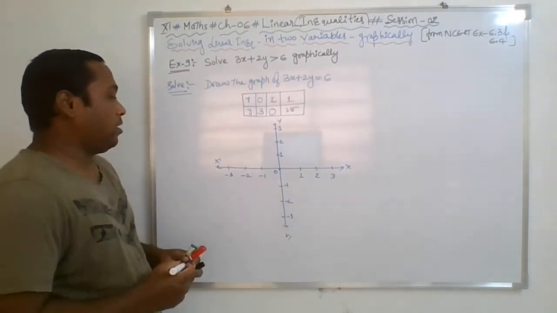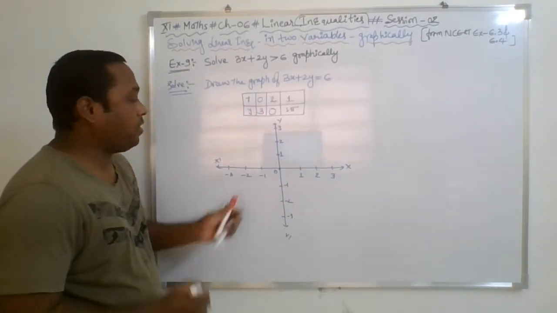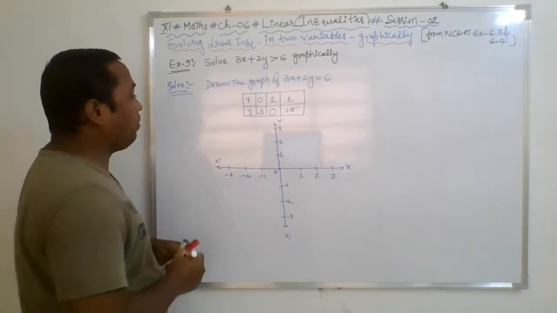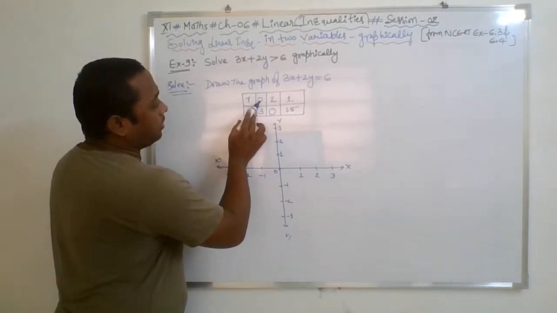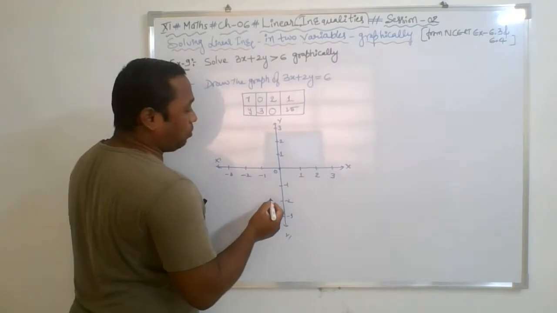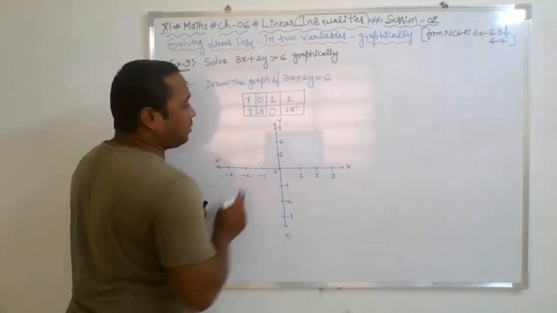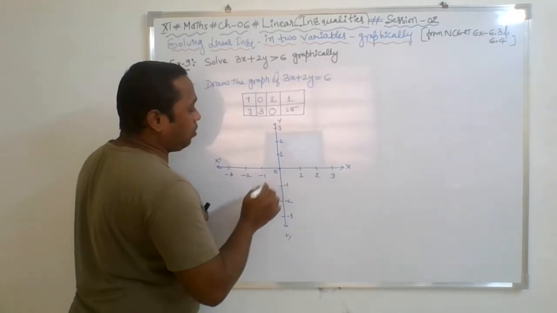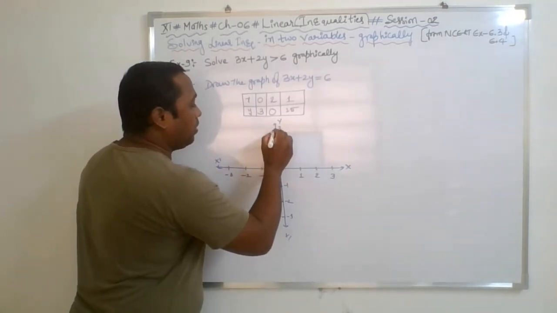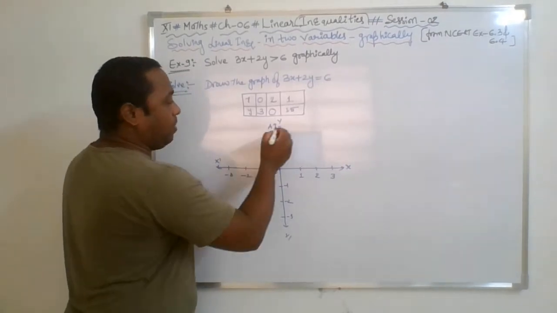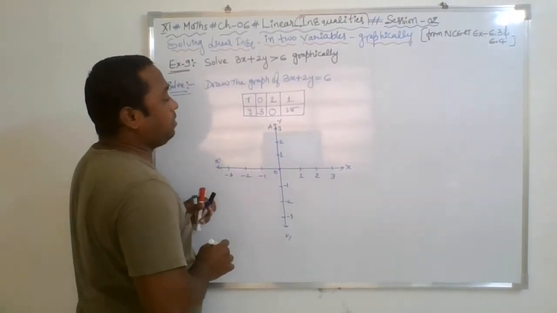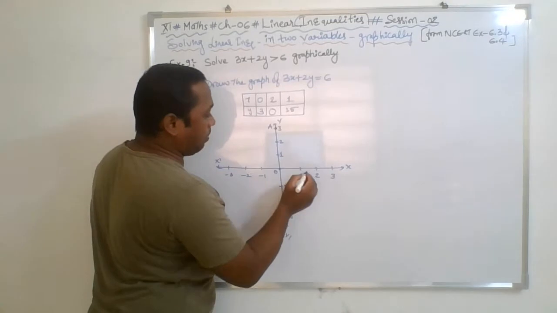See. So first I have decided the 1 unit scale. Now I am going to plot. The first point is 0, 3. You know how to plot 0, 3. X is 0, y is 3, which means the first point will be plotted on the y-axis. This is the first point. You may even circle it. Then the second point will be 2, 0.